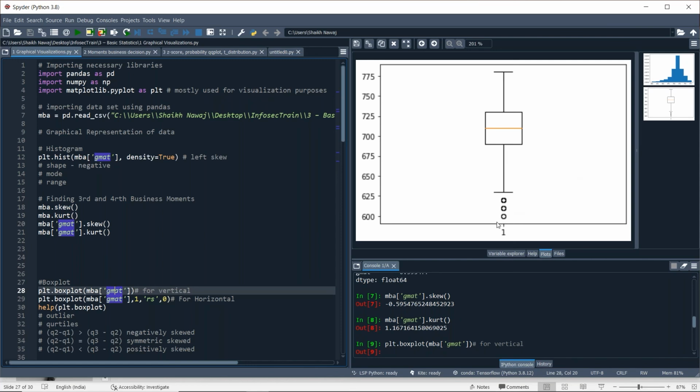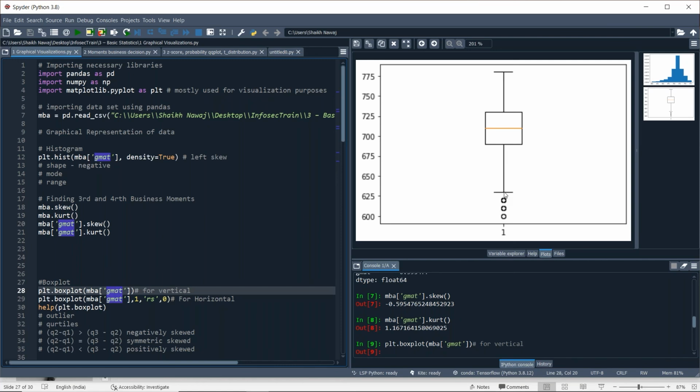This is the minimum value. Some of you may say this is the minimum one, but this is the standard range of this column, and these are the outliers.